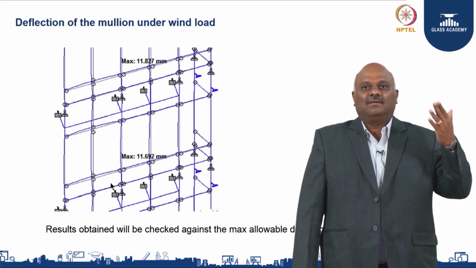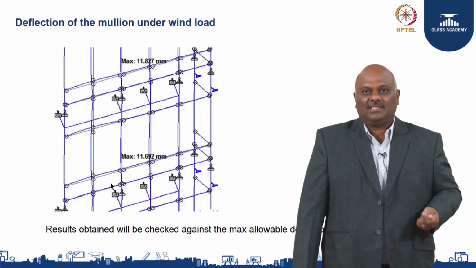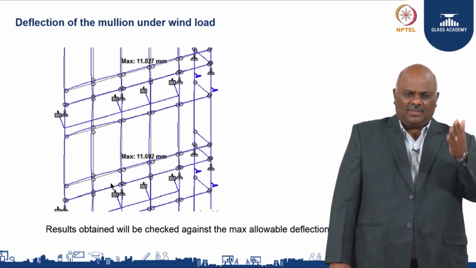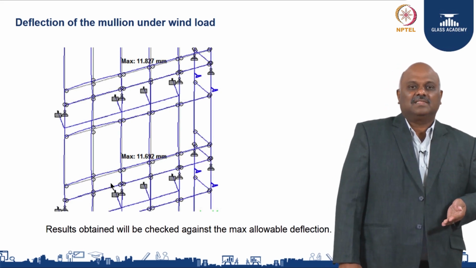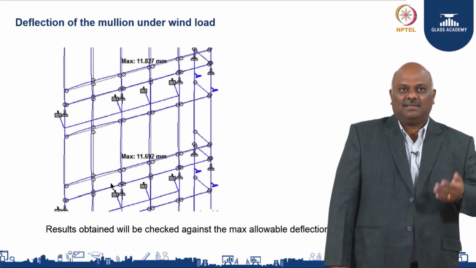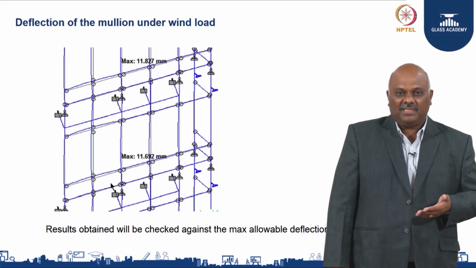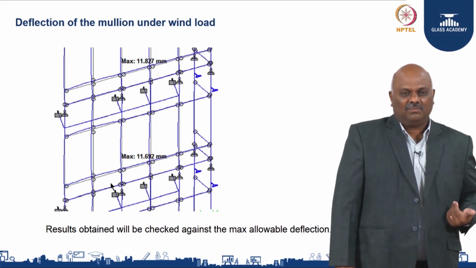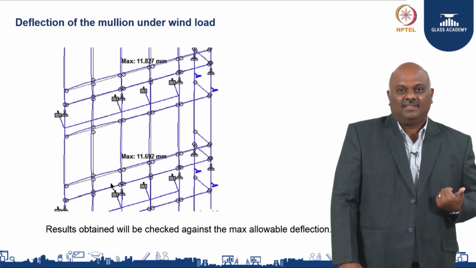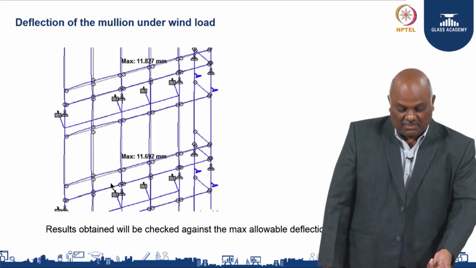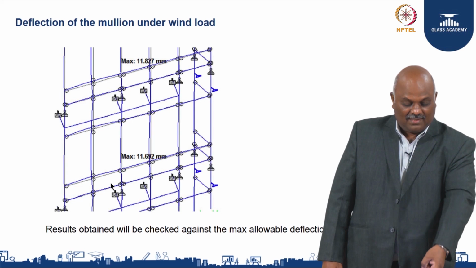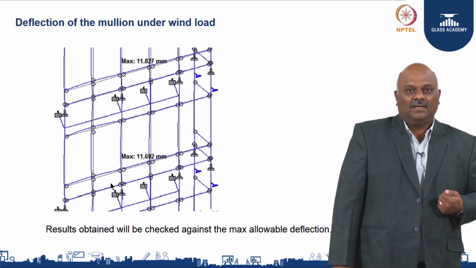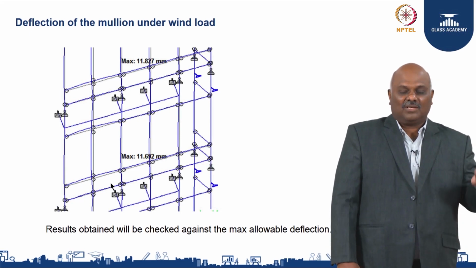Say for example, span by 90, span by 240, span is the span of the panel, and whatever the allowable deflection is. Say for the mullion, if they say not more than 20 millimeter, the deflection should not exceed 20 millimeter. It should be designed in a way that it stays below 20 millimeter. So in this case the allowable may be 20 millimeter, but the maximum deflection they are getting is 11.8. Hence it is safe considering all the factors, whatever loads they apply.